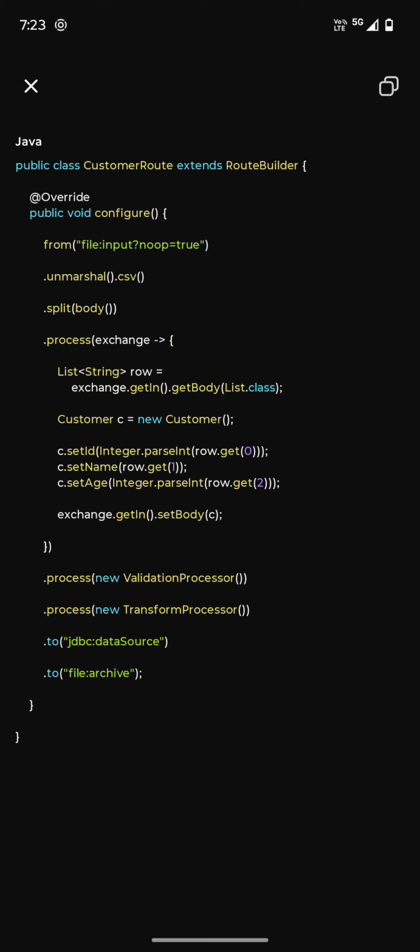We can integrate Apache Camel, we can integrate Kafka, we can integrate different API and data processing software, and we can also work with Spark, for distributed processing. So we need to understand